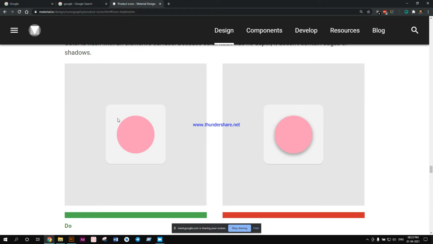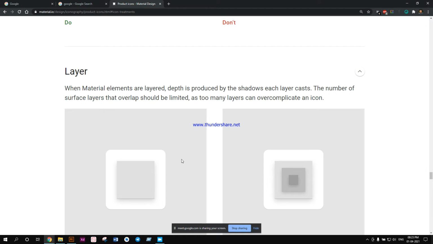But what I found was that in my case of design language, I usually add this kind of drop shadow, because it separates the foreground layer from the background layer, but it may not be necessary always, okay? It may not look good always. So it all depends upon what kind of design you are going for.